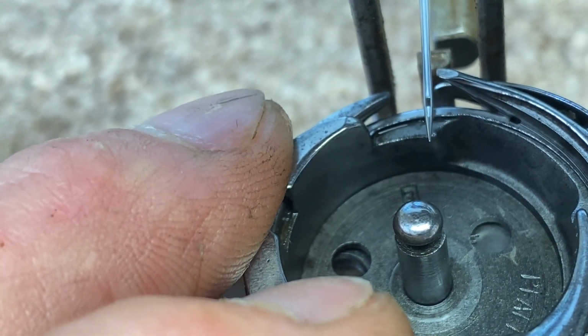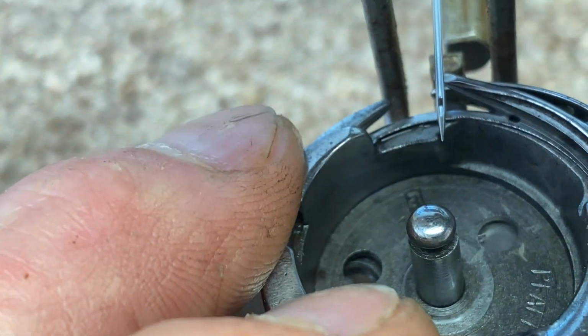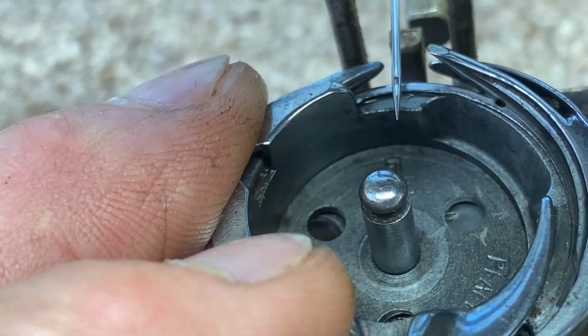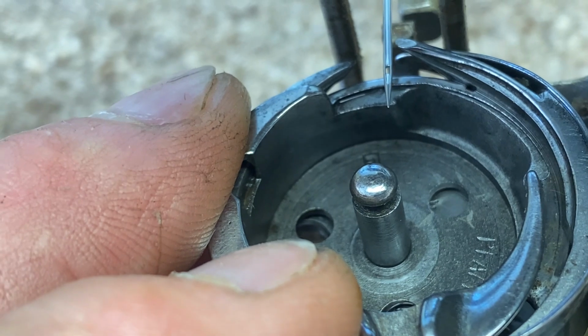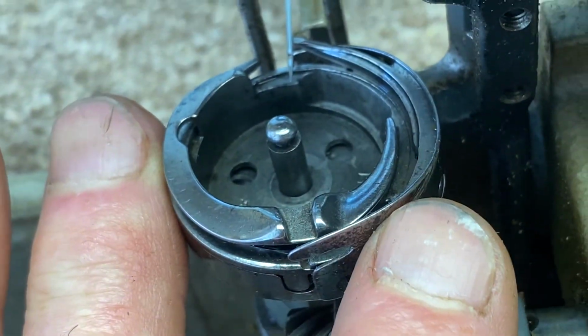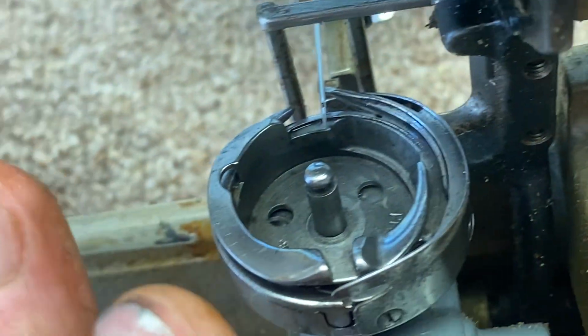So you don't want to stop it with it here, and you don't want to stop it here peeking out on the other side. You want it to actually be really dead center. So what you do is you get the hook in this position, roughly, it doesn't have to be exact, then you look at the hook gears,